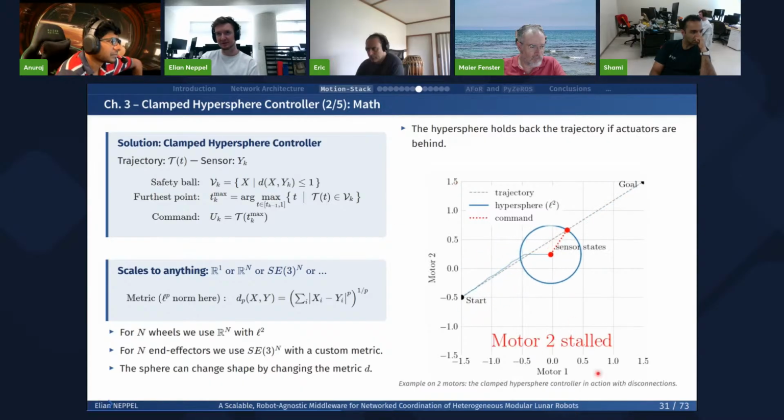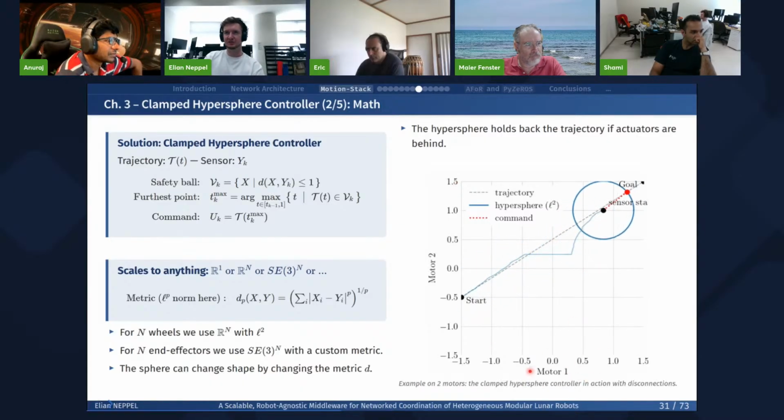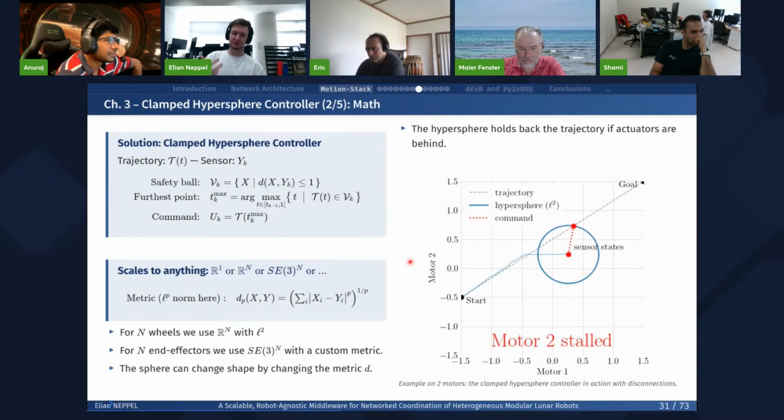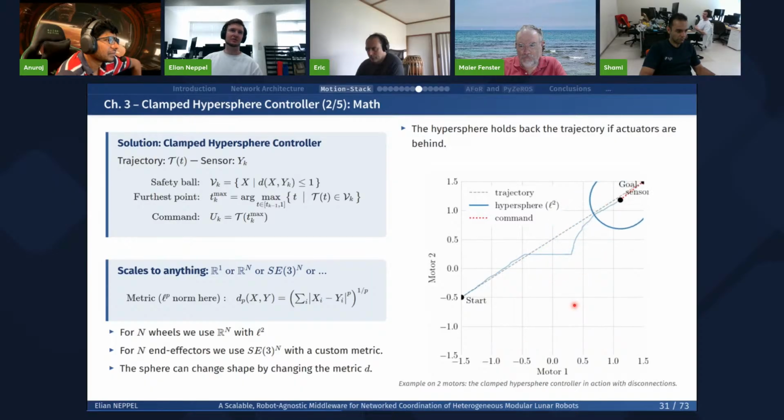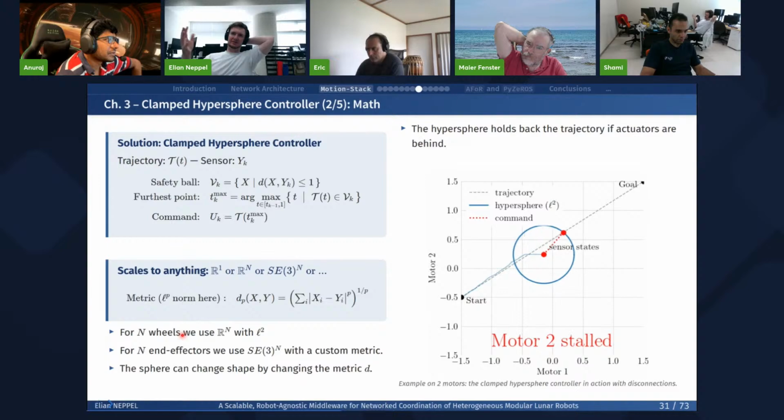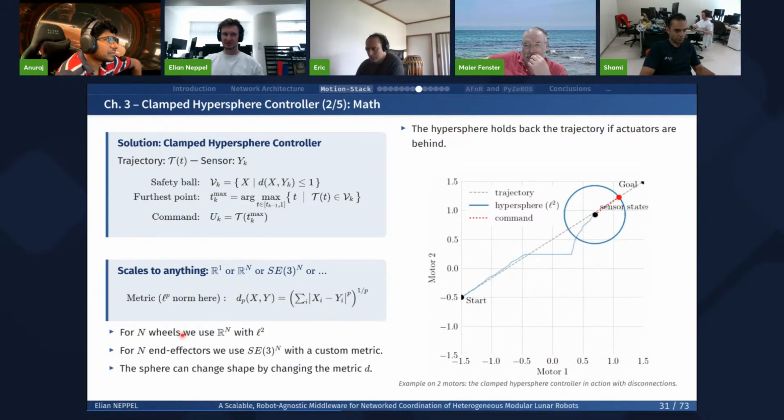And you can see it being performed on the right here. Motor 1 is just connected and working fine. And motor 2 just stops working, either because of the disconnection or motor failure or just sand getting inside the motor. And when motor 2 stops moving, motor 1 will also react and stop moving, also waiting for motor 2 to reconnect or just have the failure be raised. And what's very interesting with this method is that it does not only work with 2 motors at the same time, but it works with n motors simultaneously if you create the hypersphere in the right dimensions.